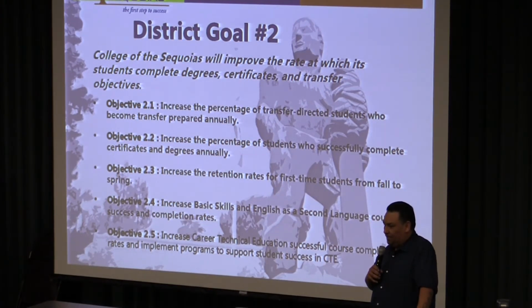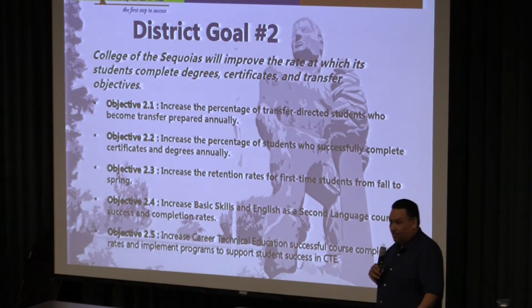It's pretty clear the data has been reflective of students who place in these 2 categories or these 2 programs really do not successfully complete their educational programs. Basic skill students, as a whole, we have a lot more of these students than the state average does. And that's the same thing regarding the number of students who come from households in our district. We have a higher percentage of those students coming from households where English is not the primary language.